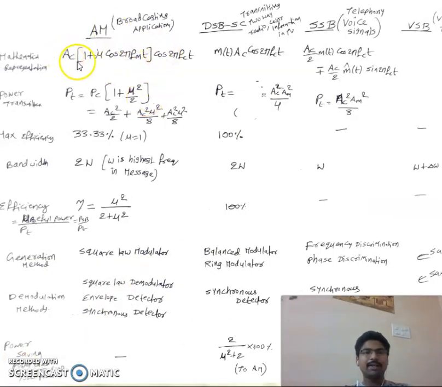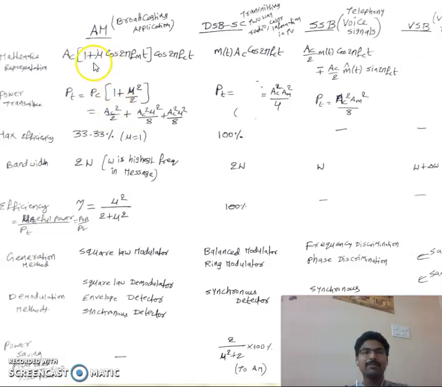Now coming to the power calculation for this amplitude modulation signal, AM signal. Here it is nothing but Ac into cos 2 pi fct is the first term, Ac cos 2 pi fct, plus Ac mu into cos 2 pi fmt and cos 2 pi fct is the second term. So for the first term Ac cos 2 pi fct, the magnitude Vm is Ac here. That's why here (Ac by root 2) whole square by R. So that is equal to Ac square by 2, the power here for the first term.